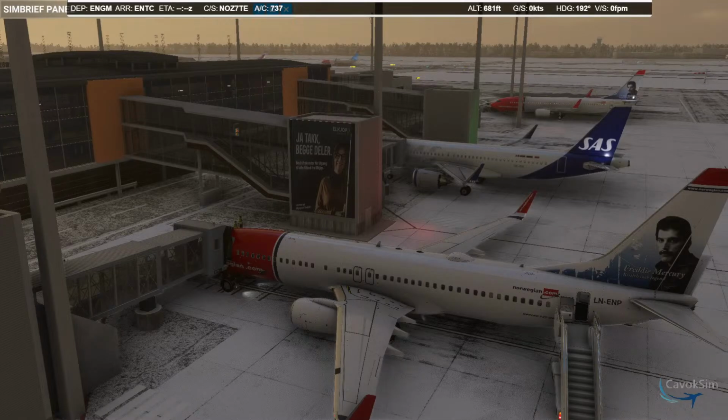Back for a live stream tonight. We're going from Oslo Gardermoen Airport up to Tromso here in Norway. We are on stand here at Oslo in the PMDG Boeing 737-800 with Norwegian Air Shuttle, in the aircraft with the fantastic portrait of Freddie Mercury on the tail,